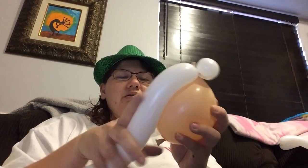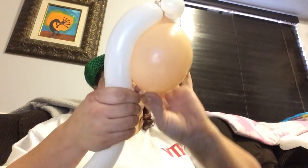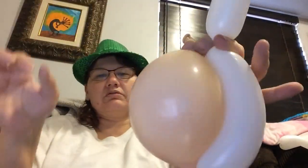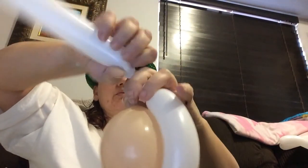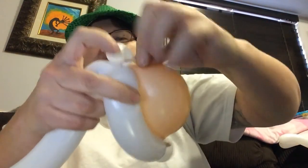So then we're going to go down. Got it there. Measuring it off. See how it's slightly shy? Okay. Then we put a pinch twist here. This is where that second pinch twist comes in. And when I pinch twist, this is when I'm taking the nozzle end of the balloon